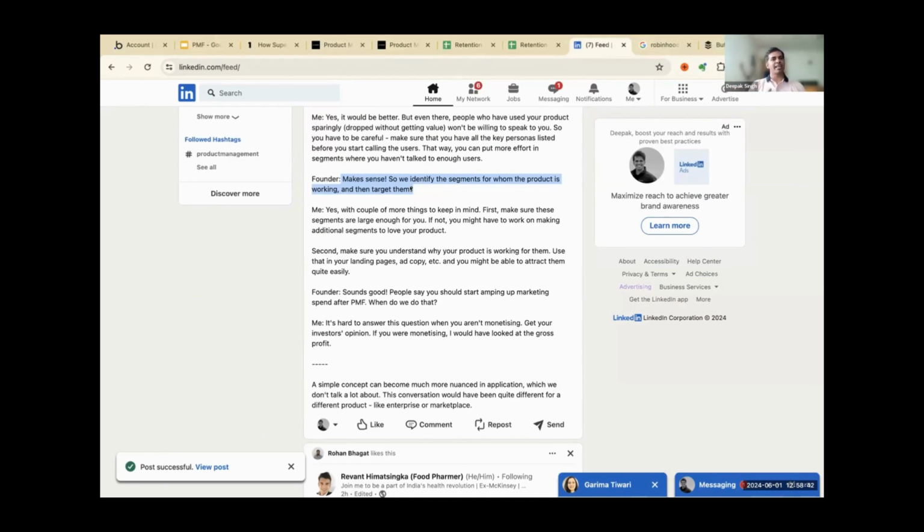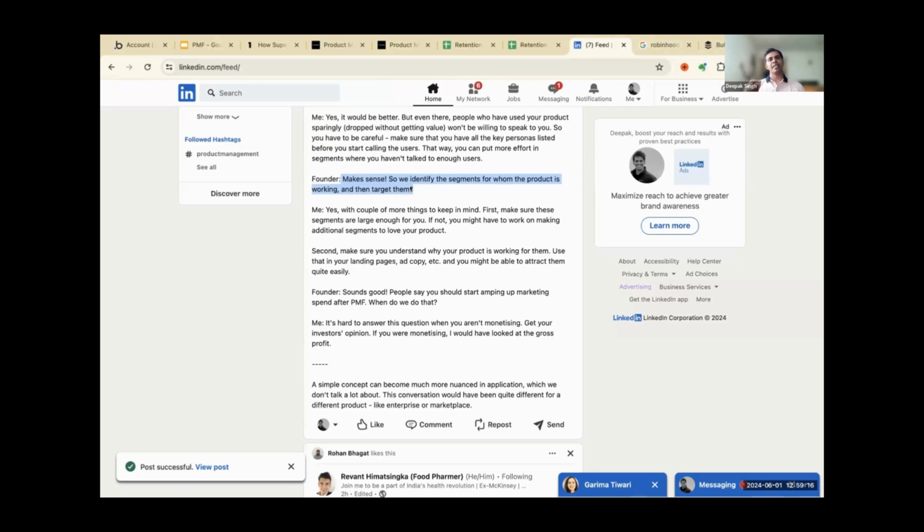But then there is an additional caveat in this case, because, like I said, the stage and state of the company also matters. Because it's an early stage product, we have to make sure that the segment you identify for whom it's working is large enough for you. Because if it's not, you have to go after some fence-sitters. Suppose only people who are ordering above 10,000 rupees in fashion are the people with whom you have PMF, but it's a very small market. So that means you have to find out additional avenues of growth, right? So that's the first thing.